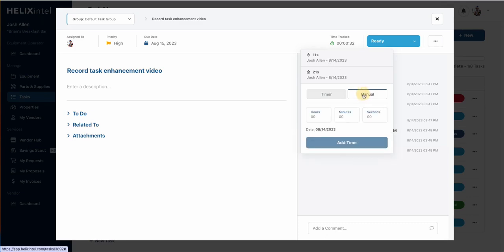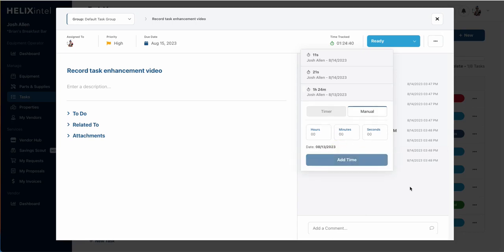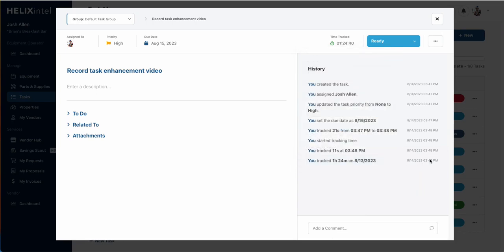Alternatively, if I want to manually input the time spent working on a task, I can click the manual tab and then track the time in these three sections. So I can say I spent 1 hour and 24 minutes and 8 seconds working on this task, and I worked on it yesterday. And then I will add the time, and as you can see, it gets logged down here. What's nice is that any of the time that you do track automatically rolls up into this total time up top. So you can see thus far we have spent 1 hour, 24 minutes, and 40 seconds working on